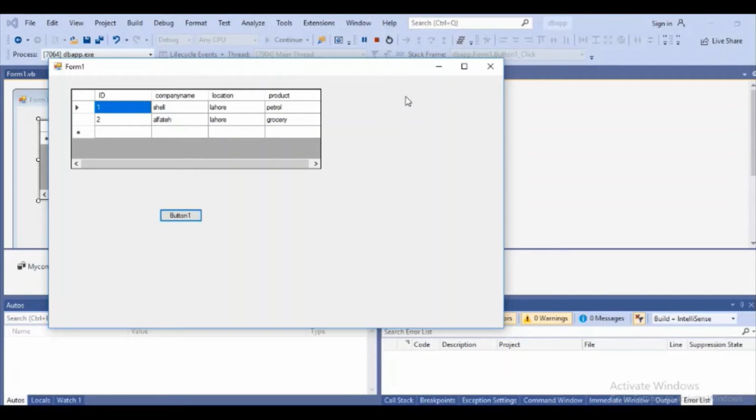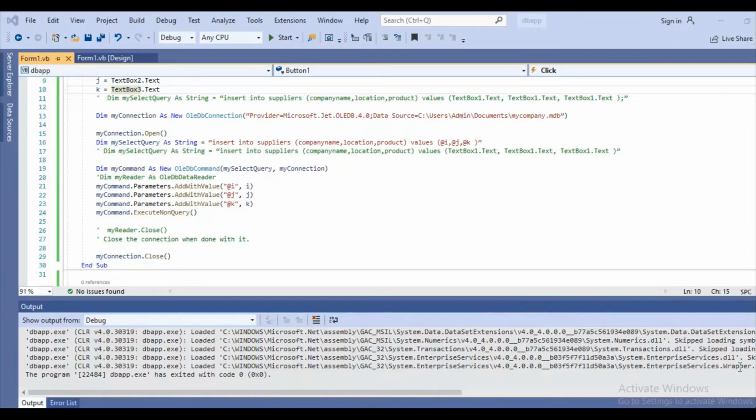So this is how you see all the records. Just make a data grid and give it the name of the database. You don't have to write any code, whereas previously you had to write some code to get the data from the database. For the update query and delete query, you people have to practice them. I have also given them in the lab exercise file.